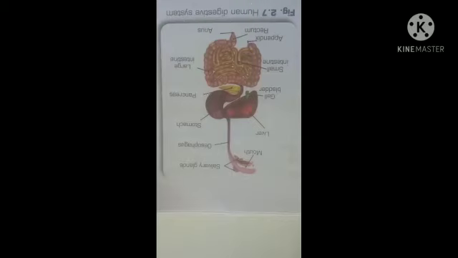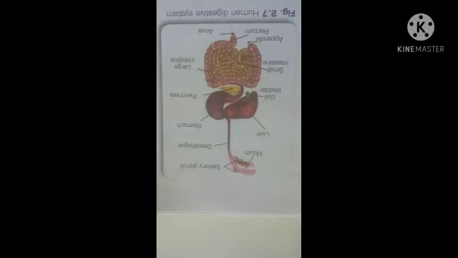Now, look at the diagram of the human digestive system. You can see here the human digestive system. In the body of human, a well organized digestive system is present. In its body, digestion also completes in 5 steps: ingestion, digestion, absorption, assimilation, and egestion. Ingestion, that means taking in food in the mouth, and digestion begins in the alimentary canal.